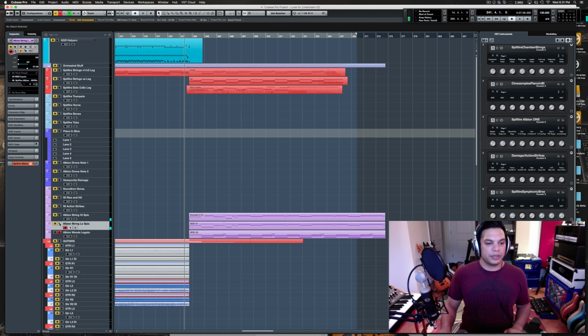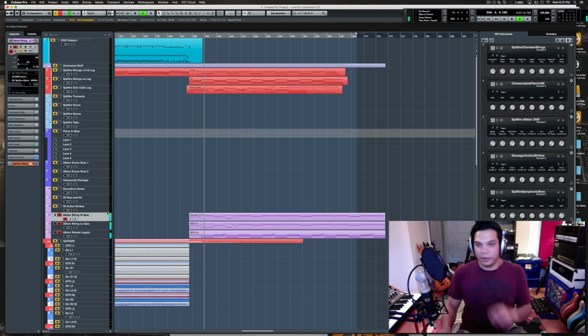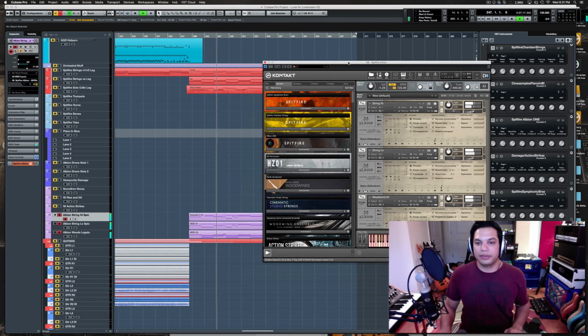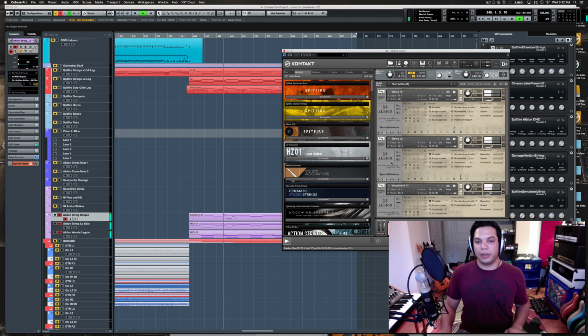So for this, I'm using Albion for these little plucks. Or not plucks, spiccato. This is actually the library that got me into orchestral stuff, Spitfire Audio Albion 1.